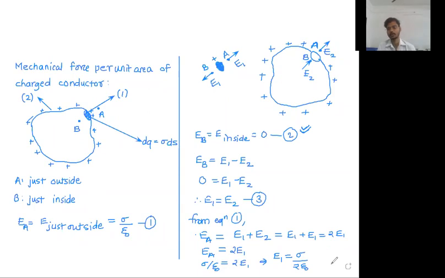Write down up to this and now reply me in the chat box, clear and written. I had two equations, two unknowns, not a big deal. E1, E2 were unknown. I have two equations, two unknowns. Everyone, CW, clear and written.